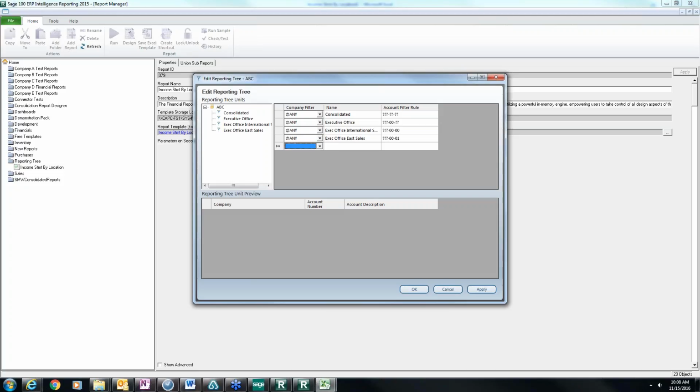Now let's say I have another department. So let's say I'm going to do the corporate office. So that is main account, but instead of being 00 for the department, this one is 01. So you can see how easy it is to come in and set up your reporting tree. And if I want to, I'll go back here and get rid of that. So now this one's going to have a location. And then last but not least,